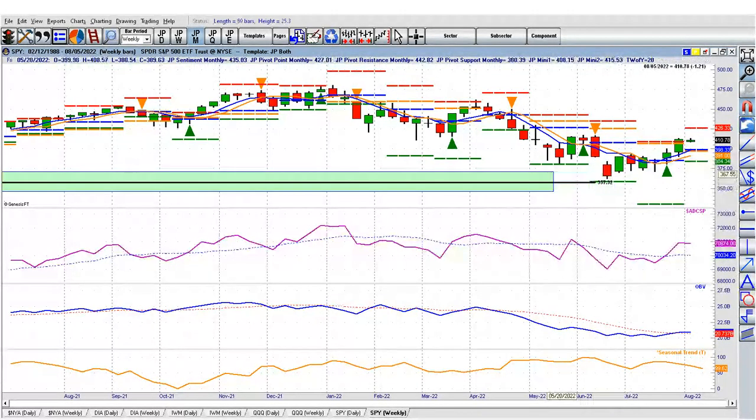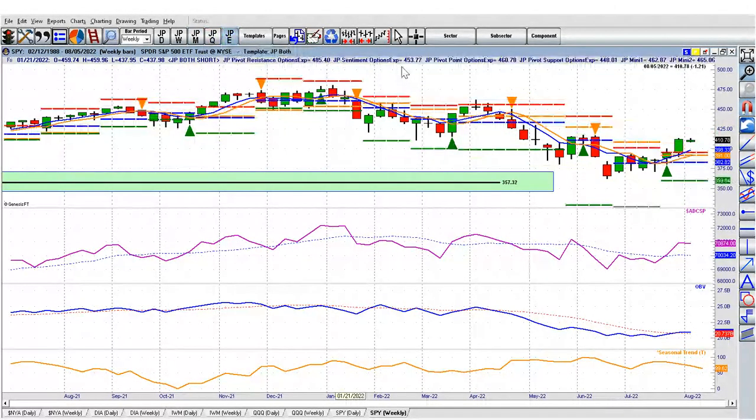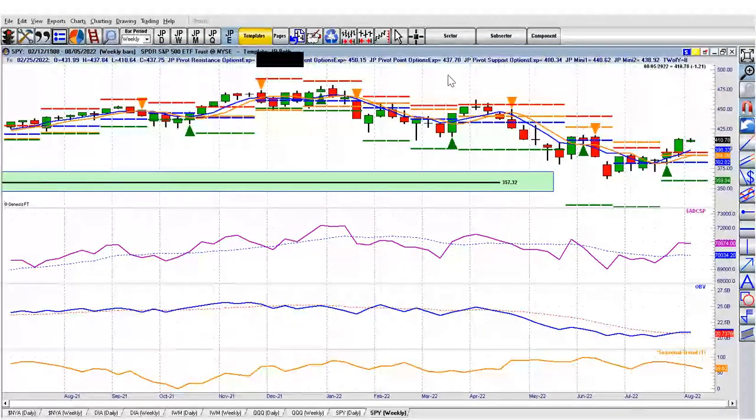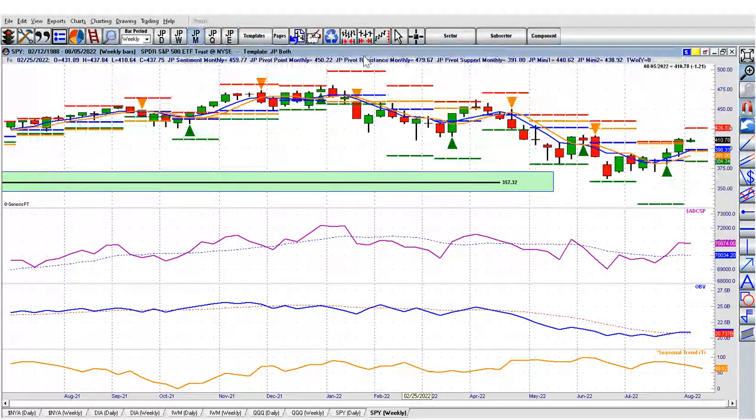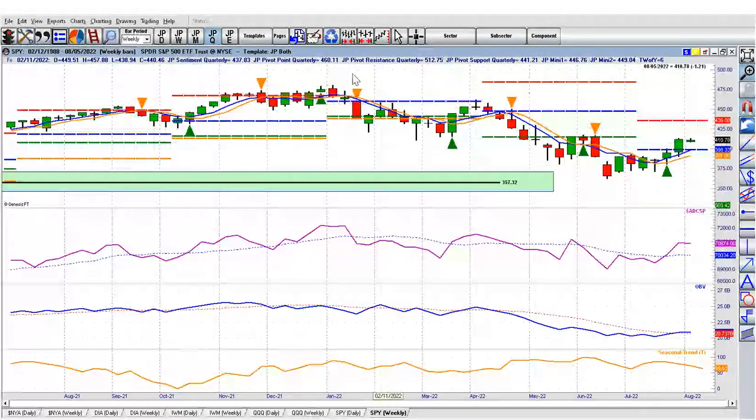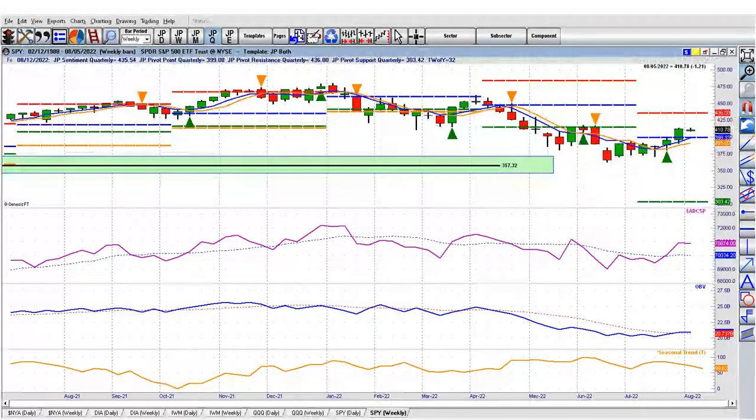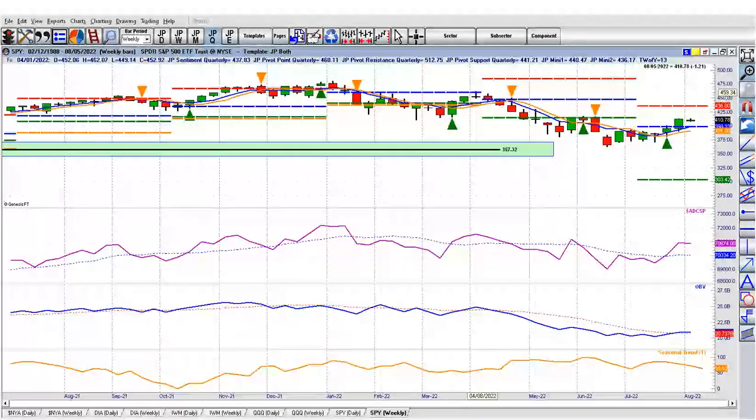What kind of support? Well, you'll be surprised to know that I actually use my own work. Monthly pivot support, right? So monthly time frame support. And then to answer another question, we could go with option expiration, which in this case, monthly support is what, at least with the indices. And as we get near the end of a quarter, by the way, we use quarterly pivot support. Quarterly pivot support doesn't work all the time, but it's very effective in identifying the condition of a market,